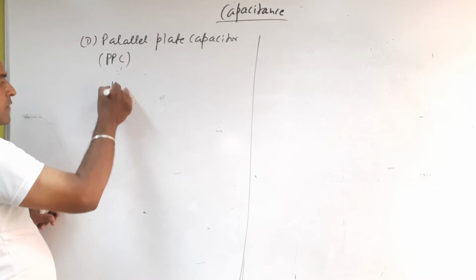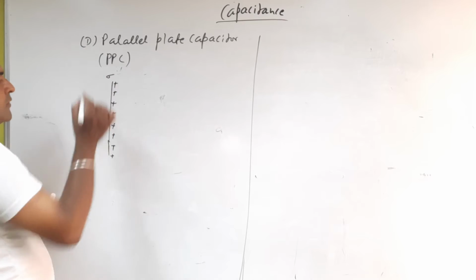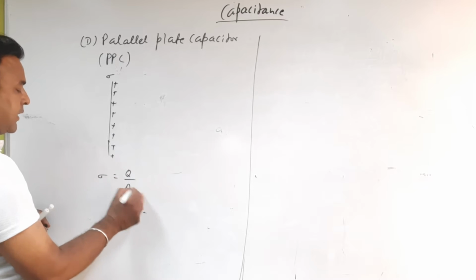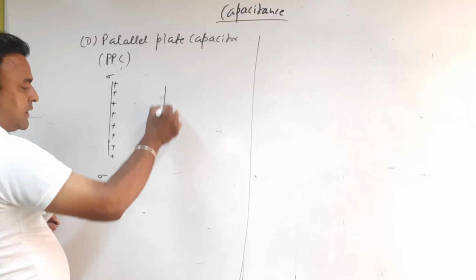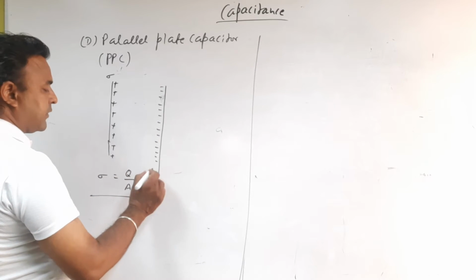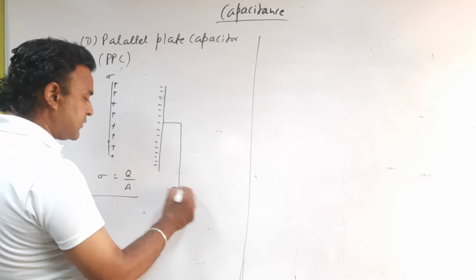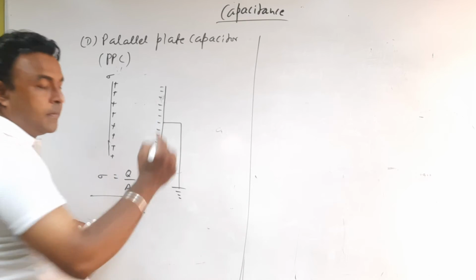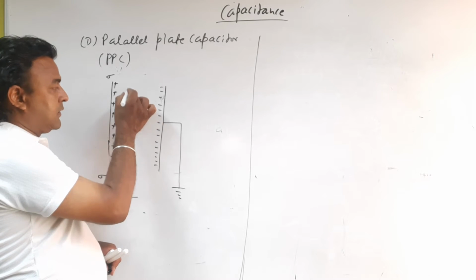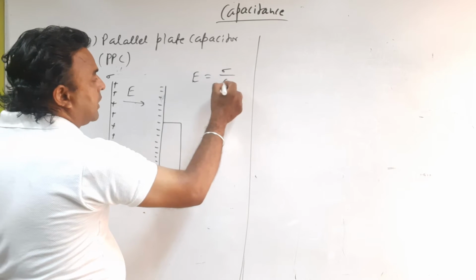There is a plate having some charge, or say charge density sigma, better I say. It has charge Q and area A. I place another plate here, negative charge induced at the front face, positive charge back side, but I earth it, so all the positive charge will go inside the earth. And I have told you before that electric field between these two plates, I hope you remember, it is sigma upon epsilon naught.